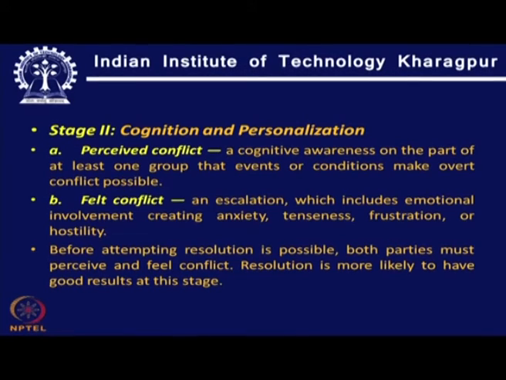A point to be noted here is that until both parties perceive and feel the conflict, the conflict may not be there, because if we do not recognize that the presence of the other individual or party is somewhat disturbing or challenging, however we put it, and it does not create emotional anxiety and tension within the perceiver in both cases,